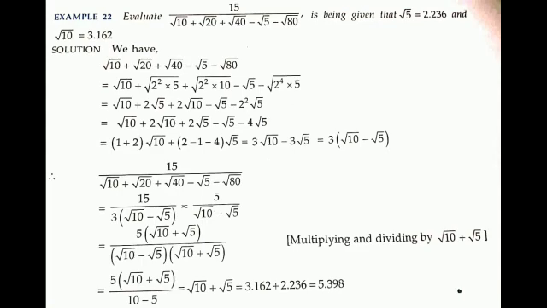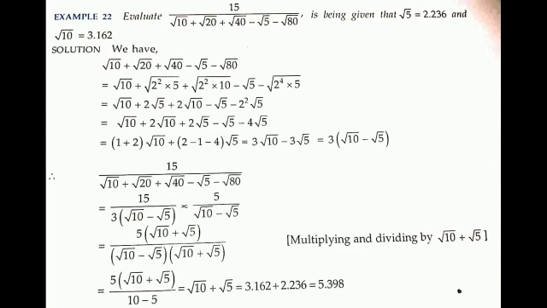Then 80 can be written as 16 into 5. So root 80 is root under 16 into 5. Now next step, it is root 10 plus 2 root 5 plus 2 root 10 minus root 5 minus 4 root 5. What we have done? We have just taken the square root of the numbers, using root AB can also be written as root A into root B. So in the third step we have